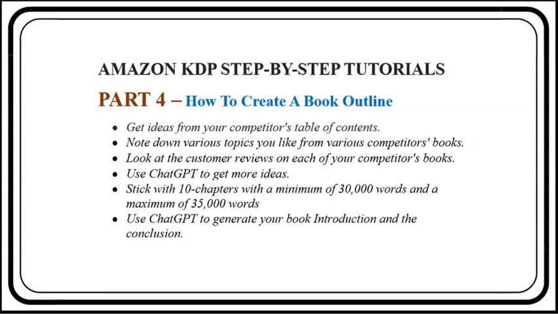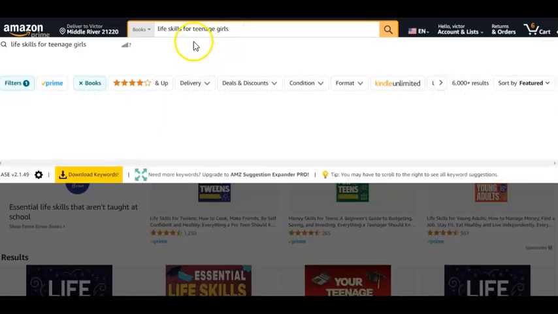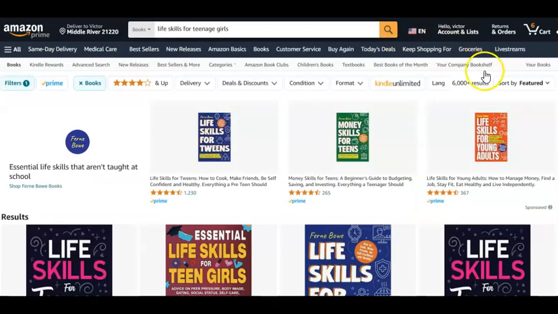Once again, you have to go to amazon.com, and once you get to amazon.com, it will bring you straight to this page. Then on the search bar, you can type in whatever keywords you have decided to create a book outline for. But I'm still going to stick with the topic keyword we used in the previous part. We went with life skills for teen girls, and that is exactly what I've done here, life skills for teenage girls. And once I click the search button, it's going to bring out books that have already been created